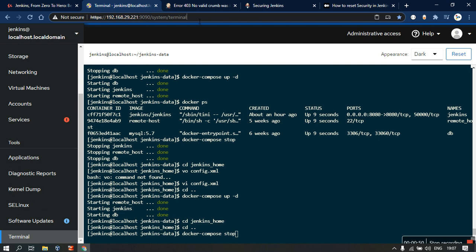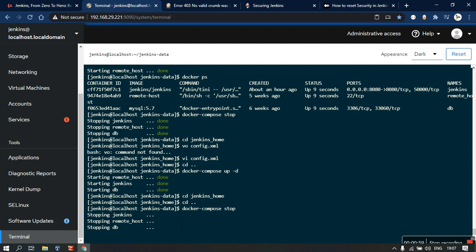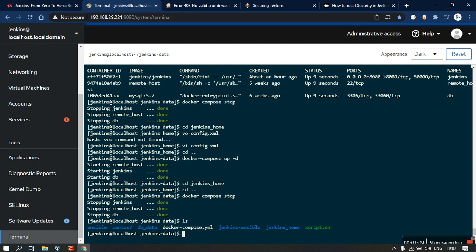This is the cockpit user interface that I'm using right now. I'll try to stop the container. You can understand this step as bringing my Jenkins instance down. If you're on Windows Server, now I need to go to my Jenkins home folder, the directory that my Jenkins is installed in. So I will be moving to this directory.